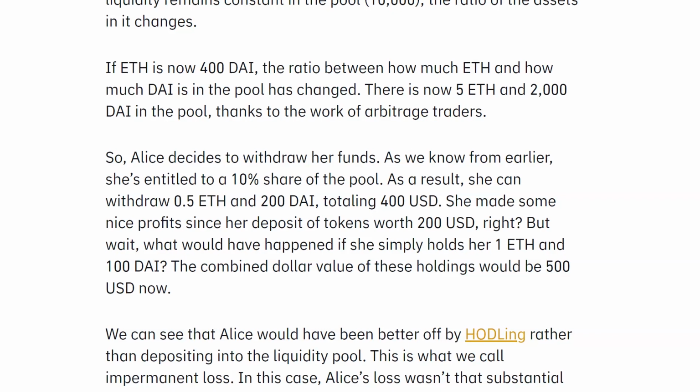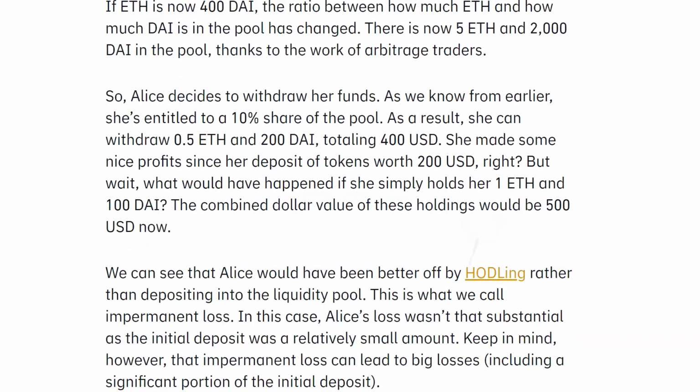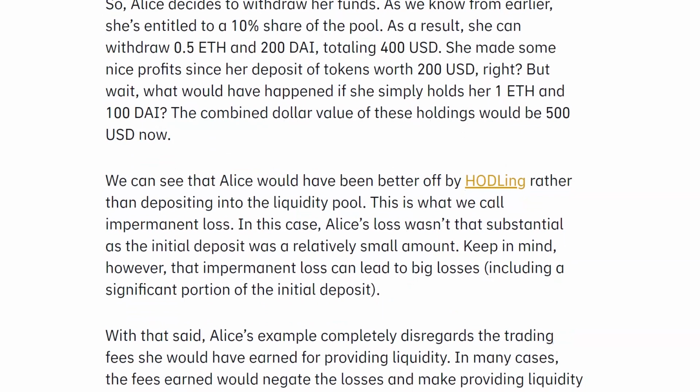There is now 5 ETH and 2,000 DAI in the pool, thanks to the work of arbitrage traders. So Alice decides to withdraw her funds. As we know from earlier, she's entitled to a 10% share of the pool. As a result, she can withdraw 0.5 ETH and 200 DAI, totaling 400 USD.